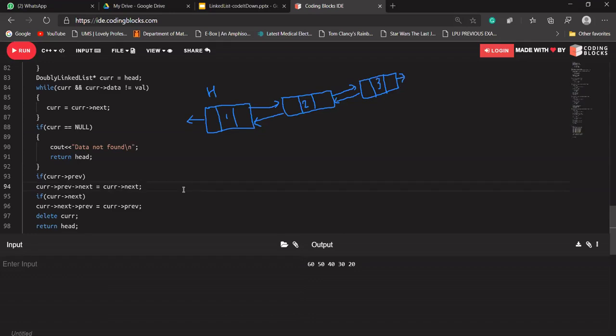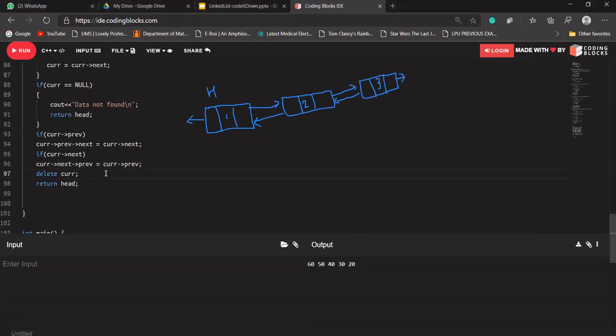I hope Shrey is going through the code. Okay, we have not updated the last second element if we are deleting the last one. Okay, Shrey, I think you got that point, and there will be one more point.